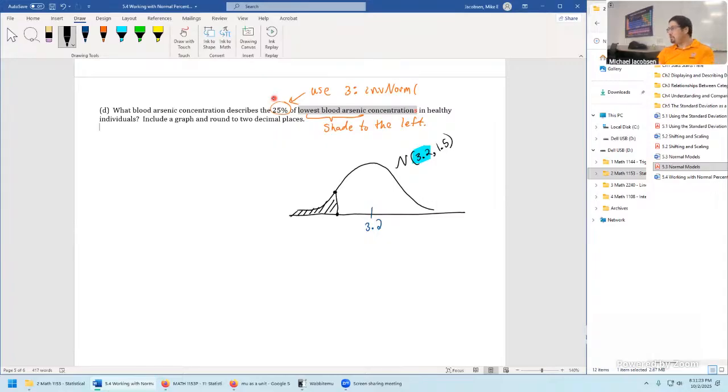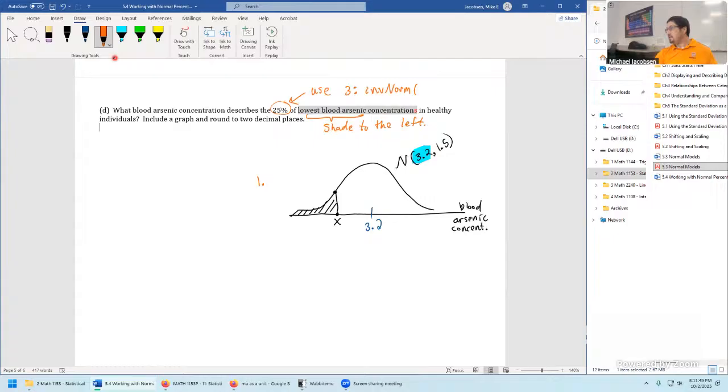And then there's some unknown value here. This is, once again, blood arsenic concentration. Let's put this as an X. Kind of reminds us that this is actually really equation solving. We're provided the percentage, 25%. So we'll say here,